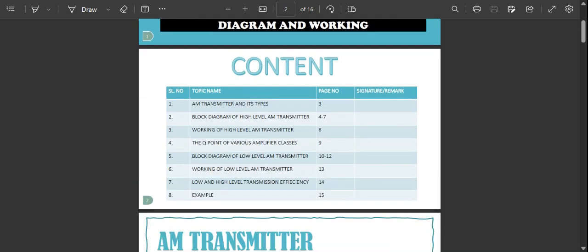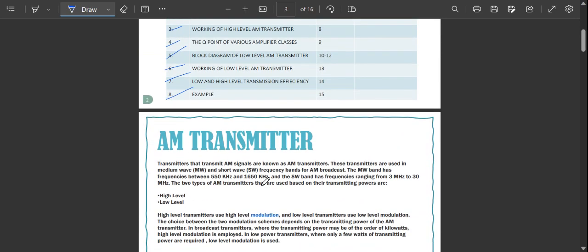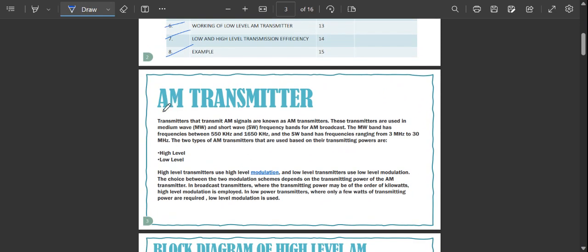So here we have AM transmitter and its types, block diagram of high level AM transmitter, working of high level AM transmitter, the Q point of various amplifier classes, block diagram of low level AM transmitter, working of low level AM transmitter, low and high level transmission efficiency, and an example problem to understand it more clearly. So, in AM transmitter, let us understand what is AM transmitter, where is it used, and how does it